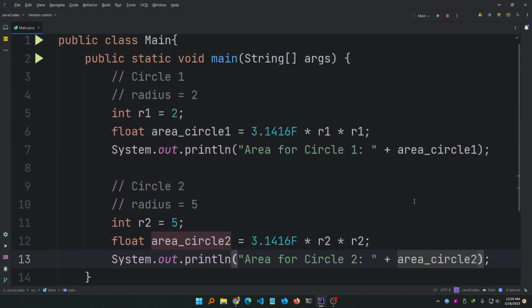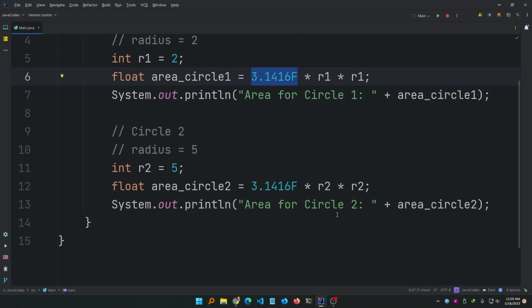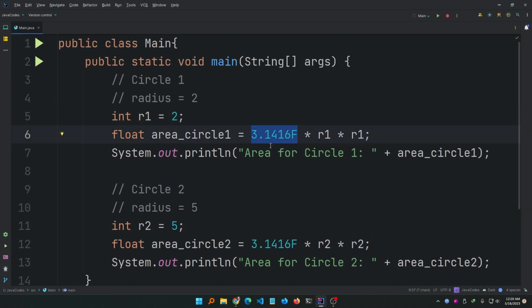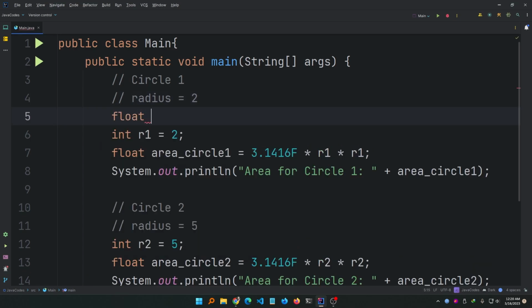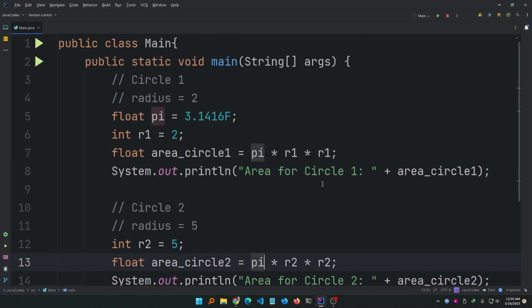All right, now you see that I have used this value repeatedly. So for example, if I want to calculate, let's say, 1000 areas, I have to write this 3.1416f explicitly 1000 times, but that's not a good practice. Why am I going to write the same thing again and again? So we use a variable, right? Let's say this is the value for pi, so I can simply declare the value earlier, for example like this: float pi equal to 3.1416, and I can replace these values with this variable name. As simple as that,